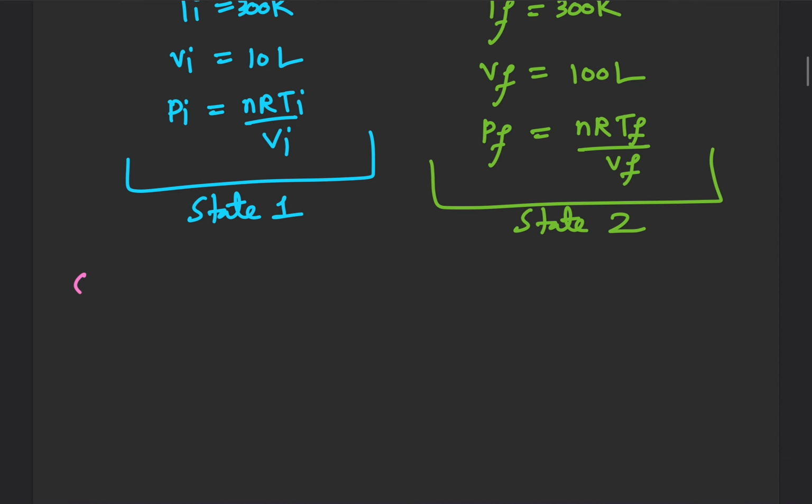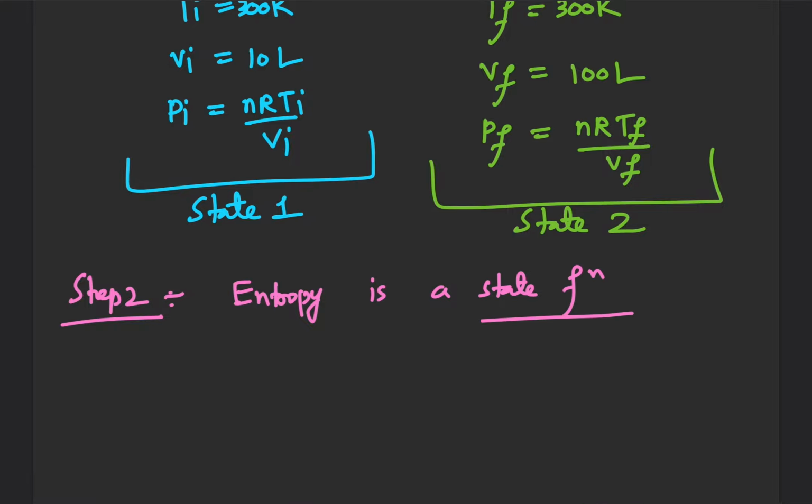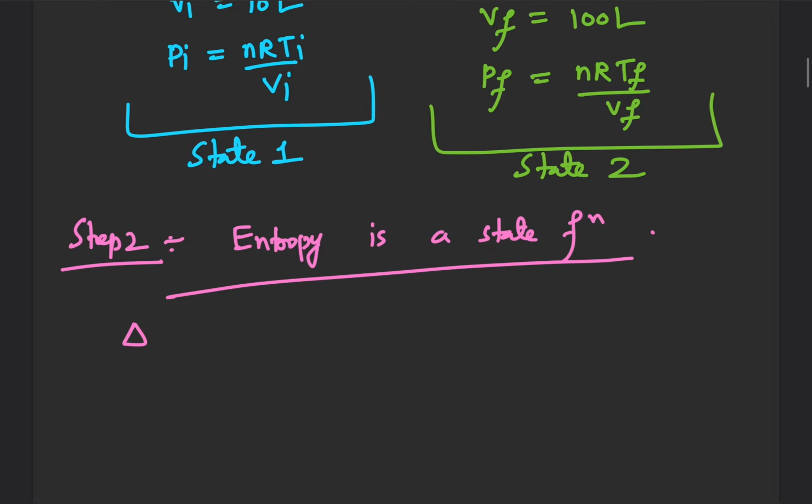Then step 2. Entropy is a state function, very important. Entropy is a state function. Therefore the change in entropy, that is delta S, will only depend on the final and initial state. It does not matter how we reach the final state. That is, whether you are doing a reversible process or an irreversible process, we will get the same value of